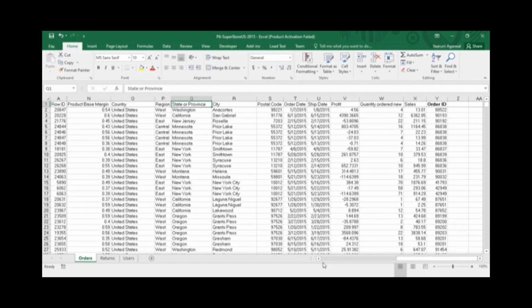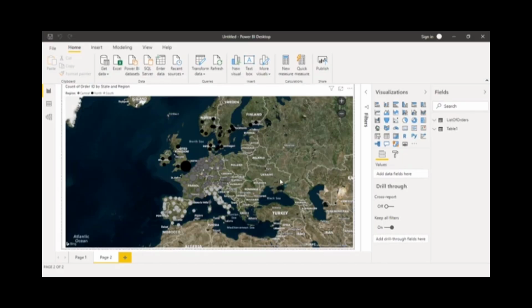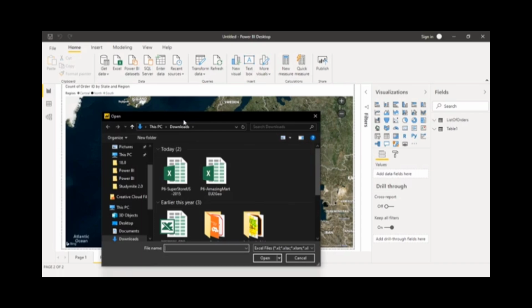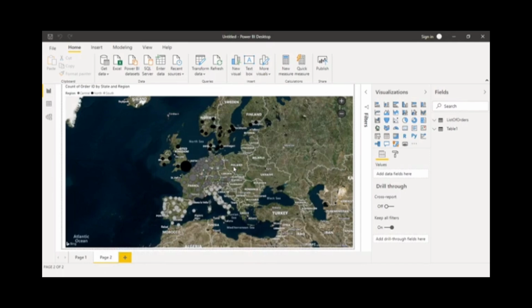Okay. So let's first load this data into our Power BI. We all know that to load the data, we need to go to get data, and we first have to make sure which kind of data we are going to load. Since we are going to load Excel data, I'm going to select Excel, and this is my data, that is Superstore US. So let's click on open, and it may take a few seconds to load your data into Power BI